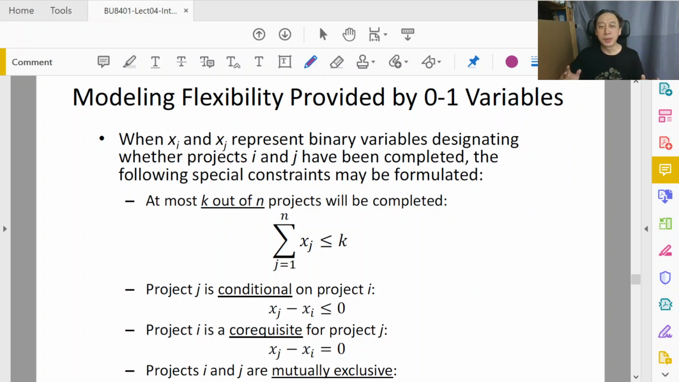Continuing on management decision tools discussion on integer and binary programming model. So here's a slide that is really nice because it summarizes a few tricks that we frequently use on models